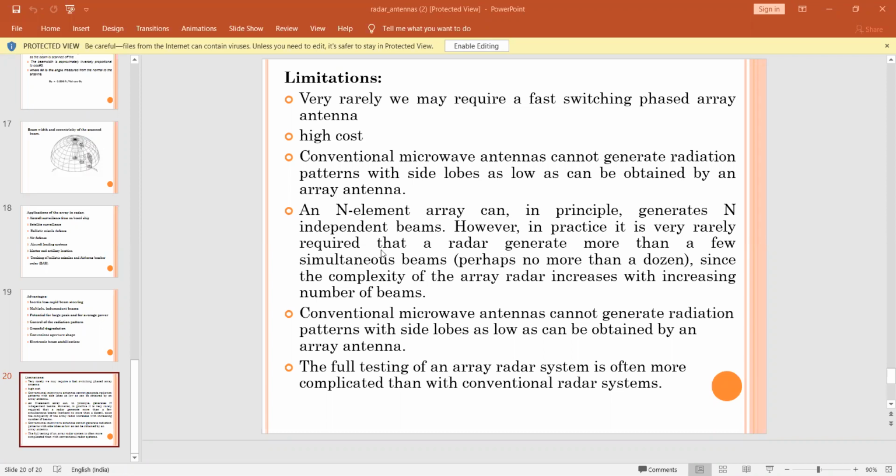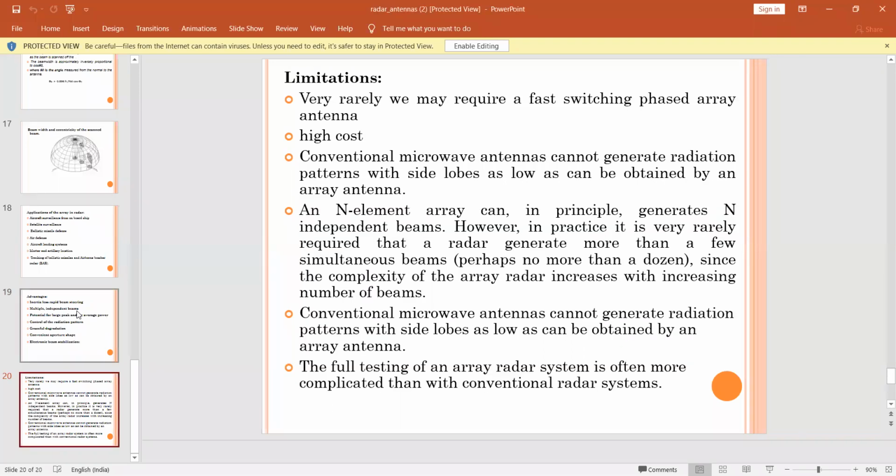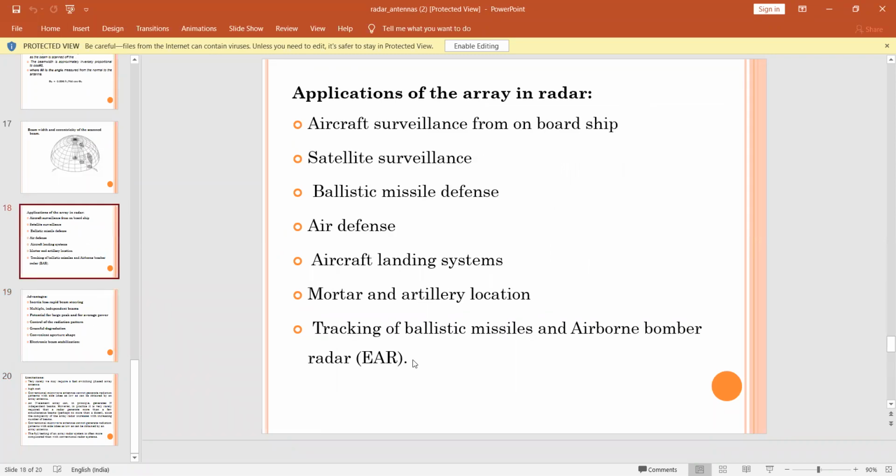Out of those few disadvantages, if you weigh them against the advantages, electronic beam steering antennas find major applications in various fields like those quoted here. Therefore, rather than mechanically steering the antenna, people will go for electronic steering of the antenna, which is a need for the present system.